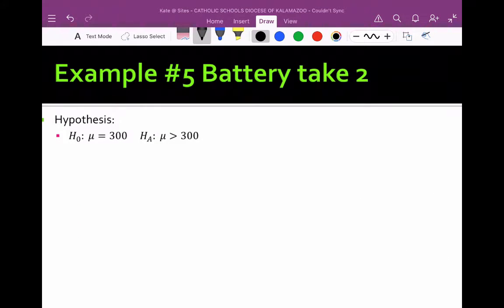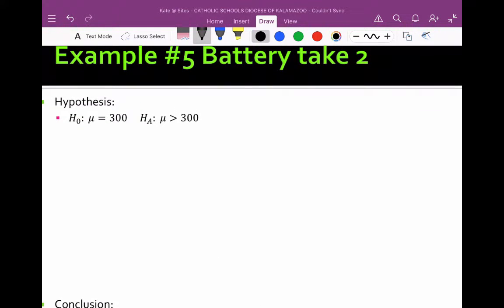Then we actually have to do the mechanics. The first thing we do is state our null and alternative hypotheses. Our null hypothesis is that the mean is 300 minutes, and our alternative is that it is greater than, because they're trying to make a battery that lasts longer than those 300 minutes. Again, my sample mean ended up equaling 306.25, and my sample standard deviation ended up being